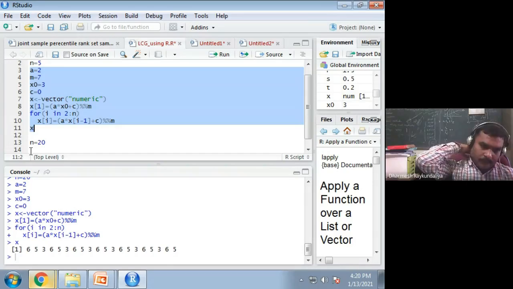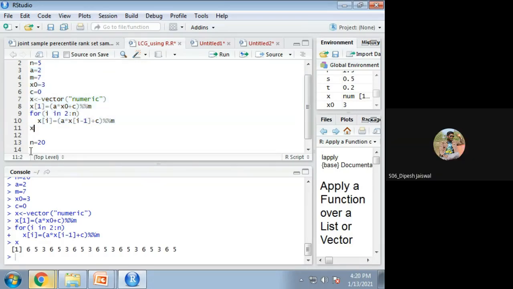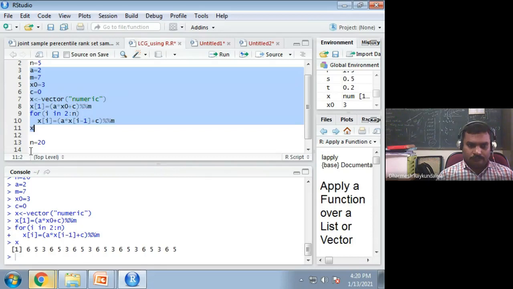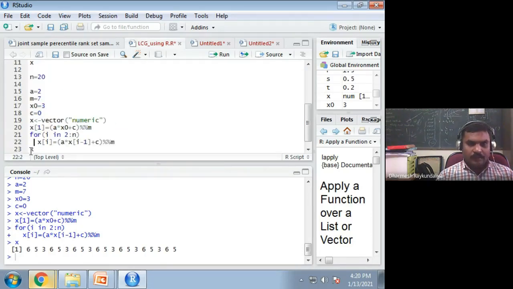It has generated. But as I said, the sequence is repeating, 653, 653, so it will repeat the same way. But suppose I am changing C equal to, let us say, 6.